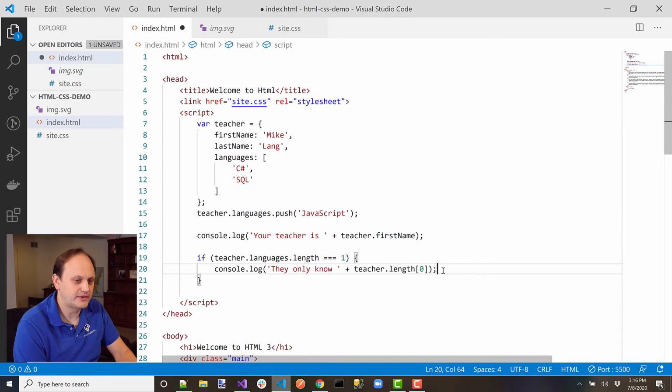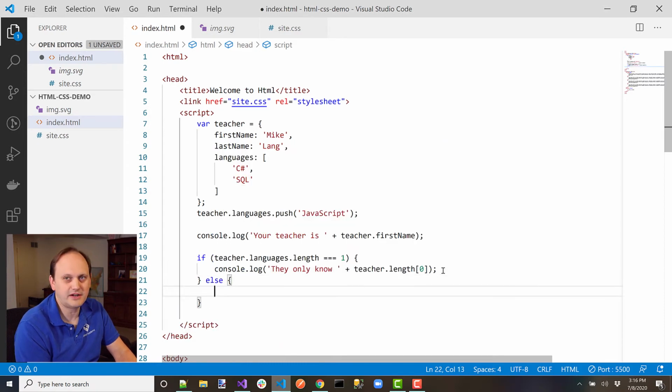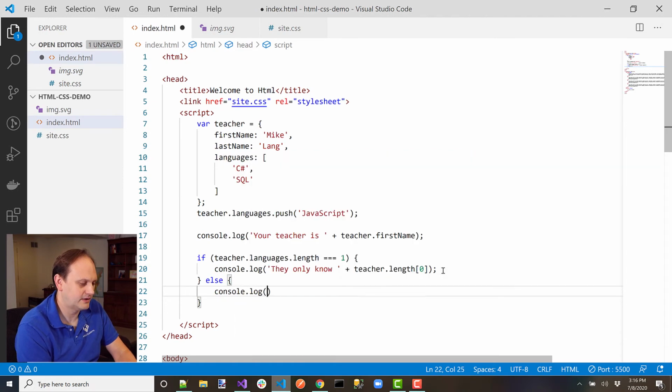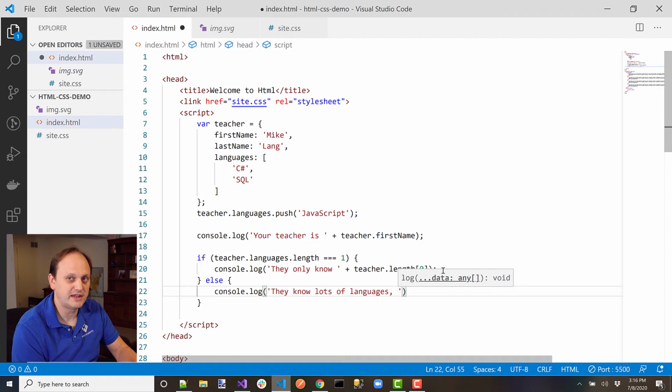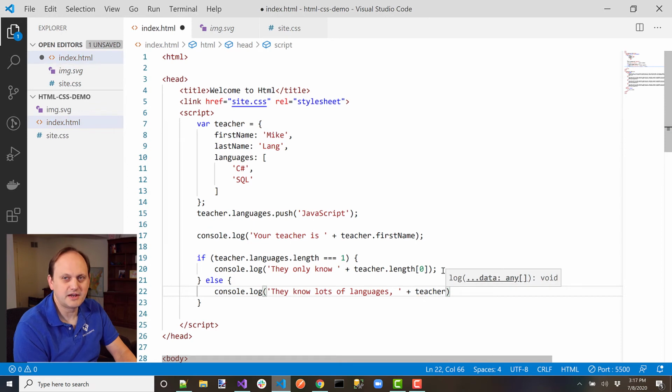All right, so if we output that, what if there's another condition where we want to say a different message if they know more languages? So we could say, okay, console.log "they know lots of languages," with a comma in the string that's output, and then I'm going to say, well, what languages do they know? So we're going to do another function here to see how we take all these values and put them together into one string. So teacher